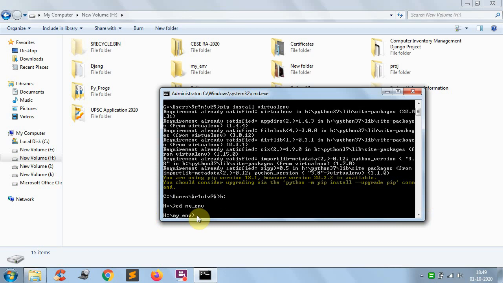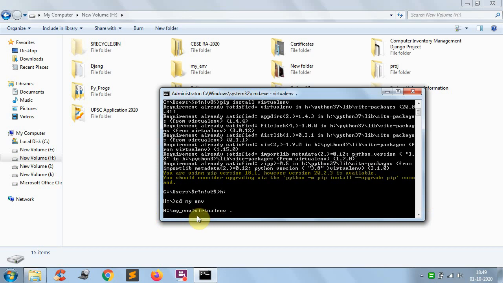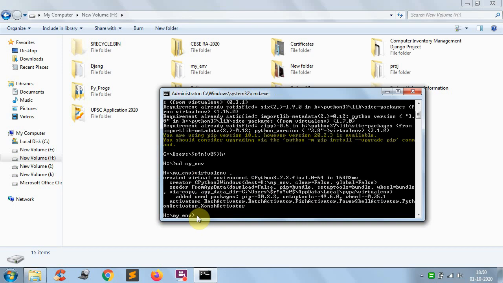After moving to that folder, type the following command, virtualenv space dot, and click on enter. Now all the files necessary for running the virtual environment will be created in this folder. Let us see.